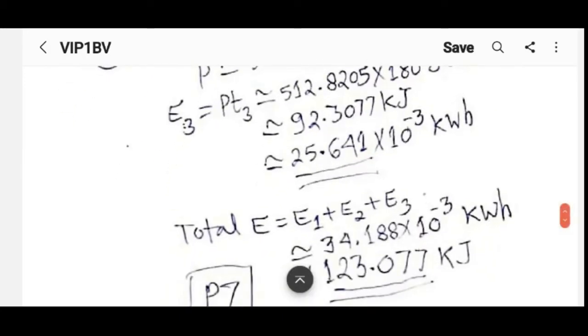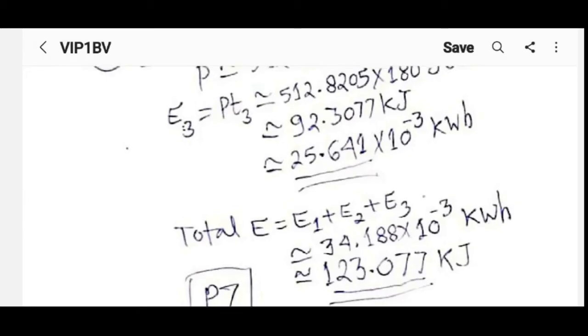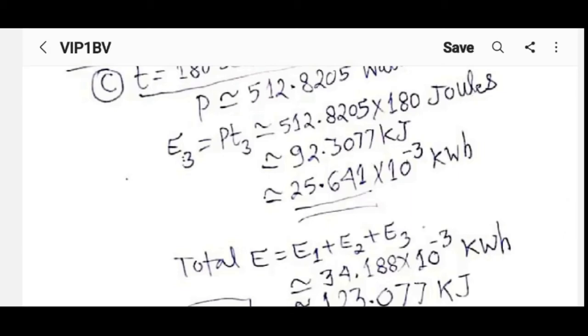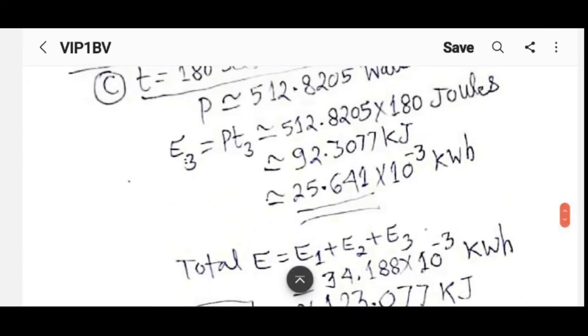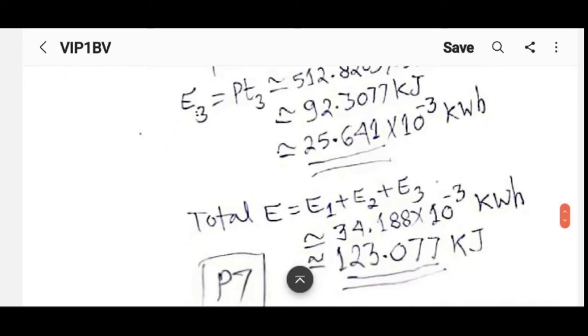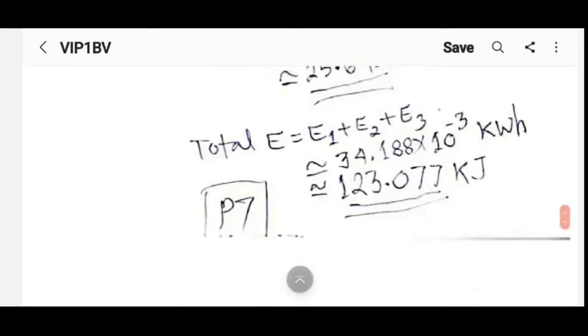So the final answer will be the sum of the three individual energy values. This is called numerical integration. Discrete values are there, so you sum them up. If there was a continuous variation in power with time, we would have to do actual integration. This is not that case. Here we have constant values, but they are different for three different intervals. In fact, in the second interval, the value is 0. Sum of the three values, one of them is 0 anyway, and you get the final answer. Again, I request you to double check the calculations.